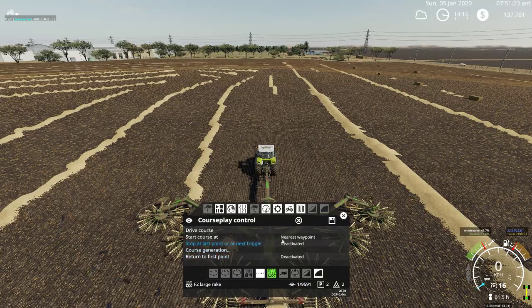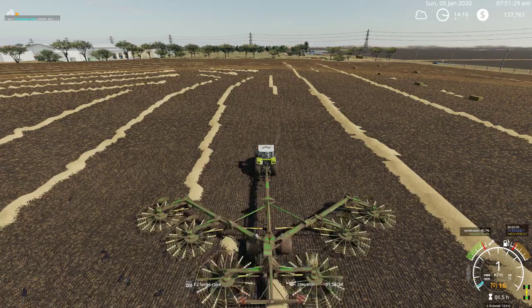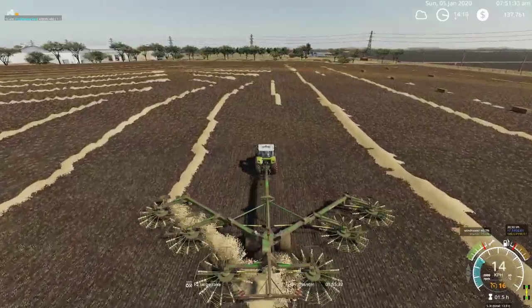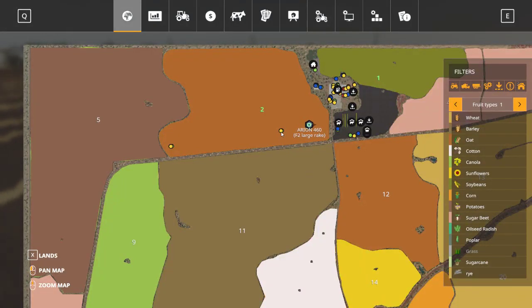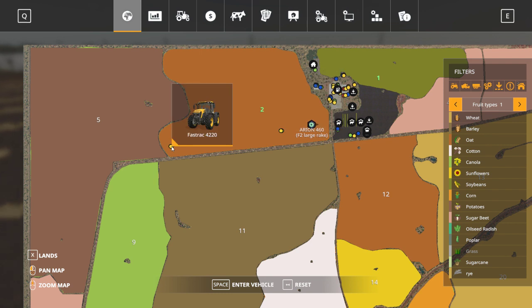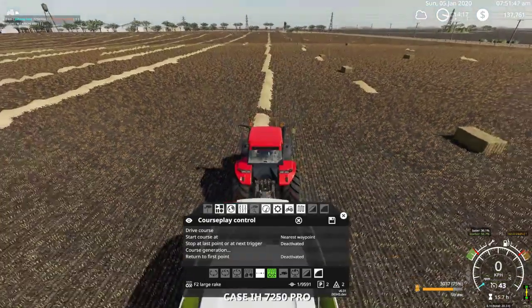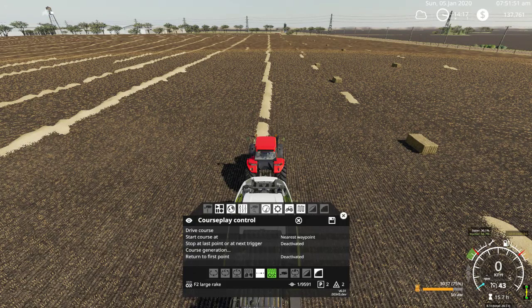Okay, let us, nearest waypoint, drive course. Let that go on again. A lovely little rake. And we want a lovely little baler. That's not the lovely little baler. Is it? Yes, it is. Okay. Now the baler. Now I downloaded the